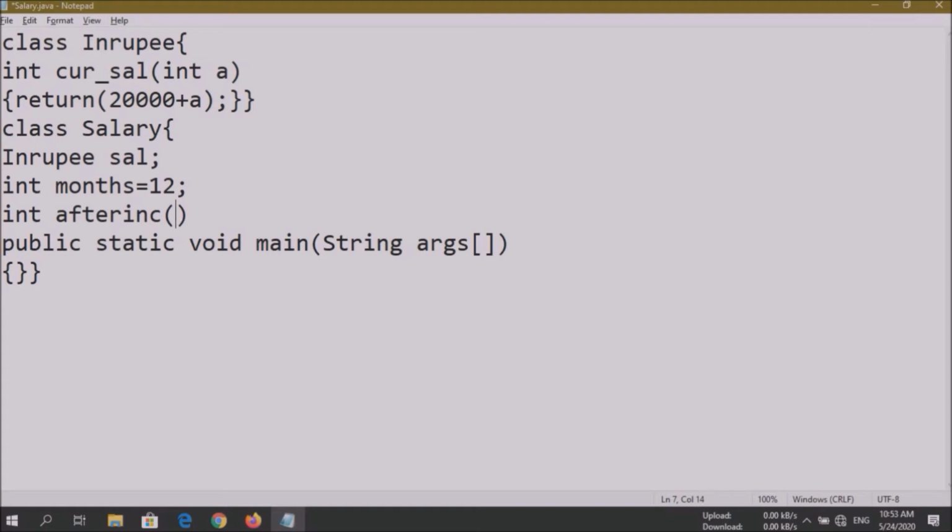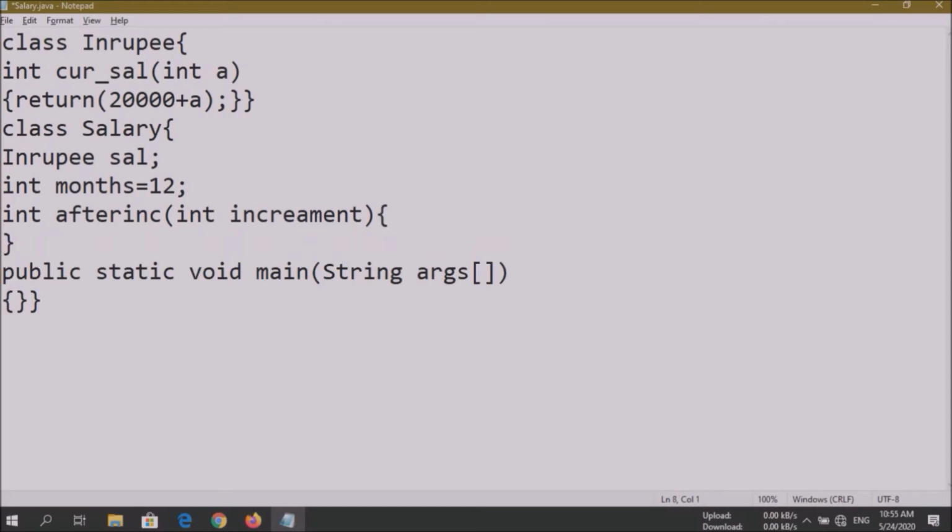And the parameters inside the method will be int increment. So now to use the method perfectly, we have to give certain values into it. So let's keep certain values inside it.